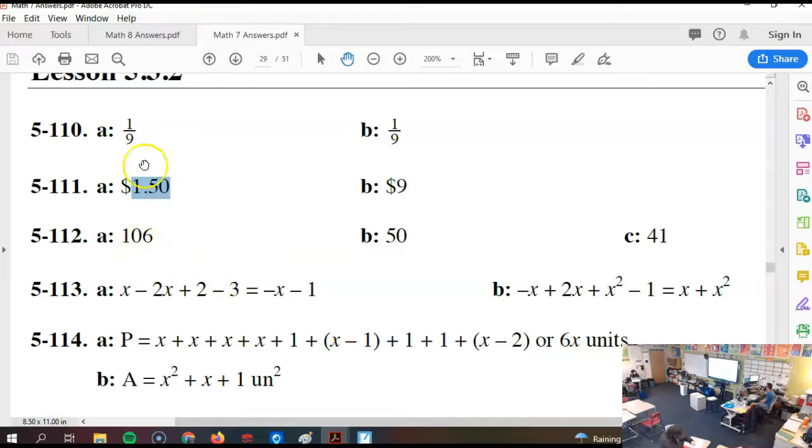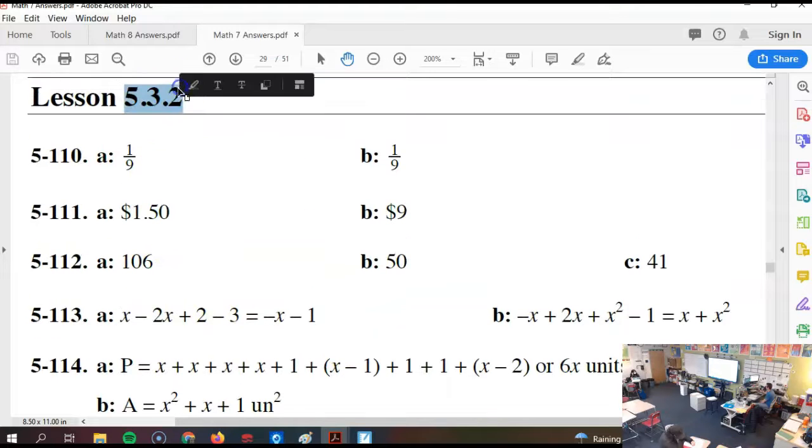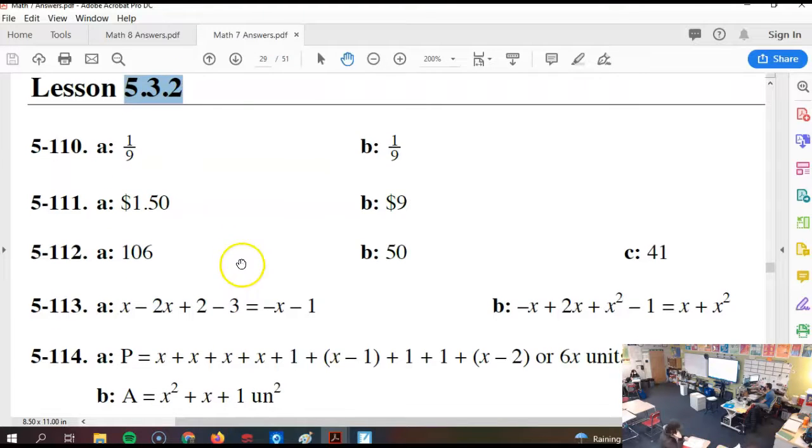Yeah. All right, any remaining questions from 532 since it is due today? 110. Those are not the answers. If you copy them down, I will laugh and I will give you a check minus and we will talk about copying answers. We talked about 110 yesterday. Those are not the actual answers.